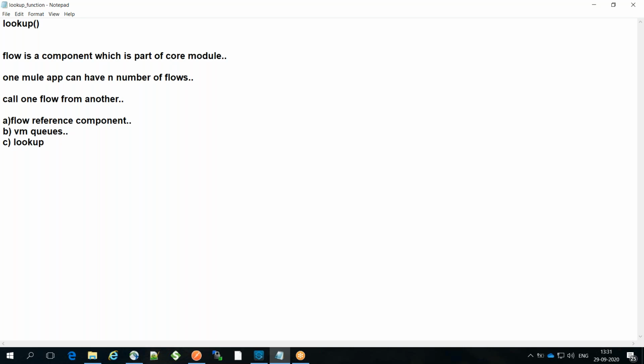In Mule, there is a strong transformational language called DataWeave. DataWeave is a functional programming language which helps us do complex transformations, right?